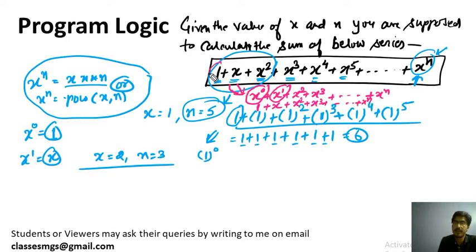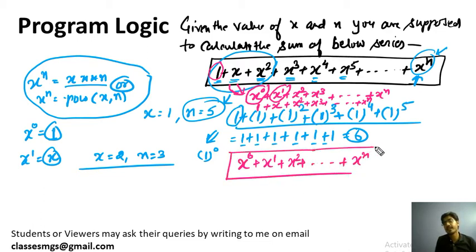Actually 1 can be written as x0. If you are trying to write the program, then it will be very easy to see this series like this: x0 plus x1 plus x2 plus so on plus xn. If you see this, then it will be very easy for you to apply the for loop. Otherwise you will be taking this term as a constant.